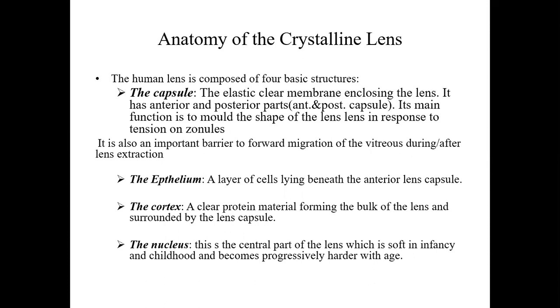So the lens has the epithelium, which is a layer of cells lying beneath the anterior lens capsule. It has the cortex. The cortex is a clear protein material that we talked about, forming the bulk of the lens and surrounded by the lens capsule. And then it has the nucleus. This is the central part of the lens, which is soft in infancy and childhood, and it becomes progressively harder with age, leading to some funny lens disorders like